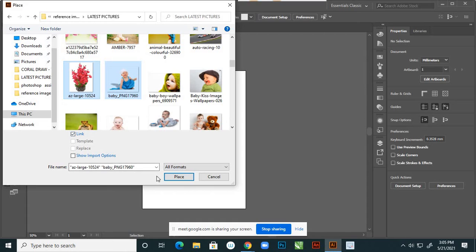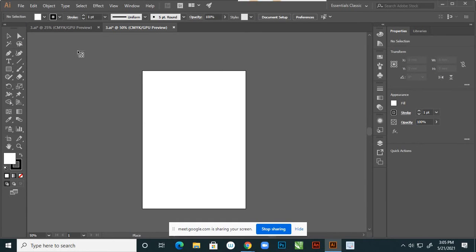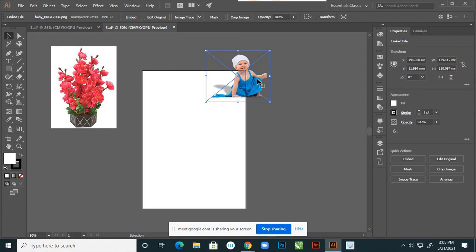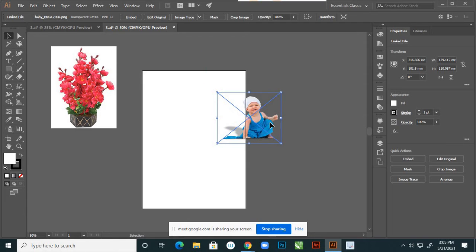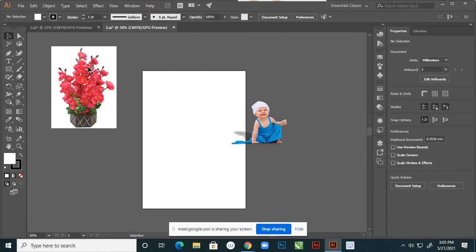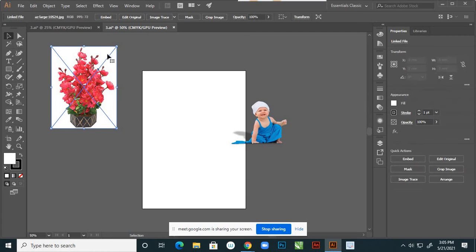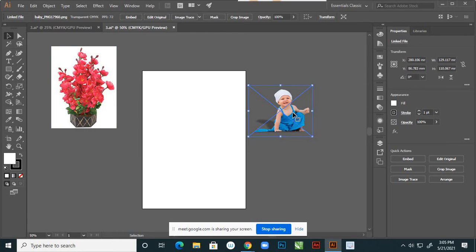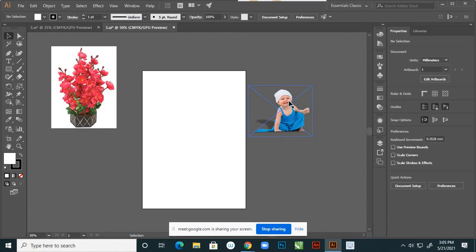Suppose I'm placing. So place. See, with the cursor there is one image and one more. These are the two images. So what does that mean? What does linking mean? When you apply a link, there is a cross mark on the image. By this we simply understand the image is a linked object. So linked object means